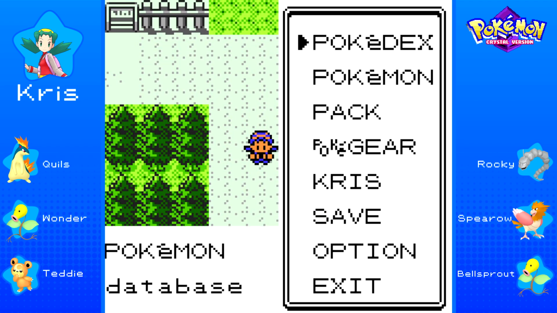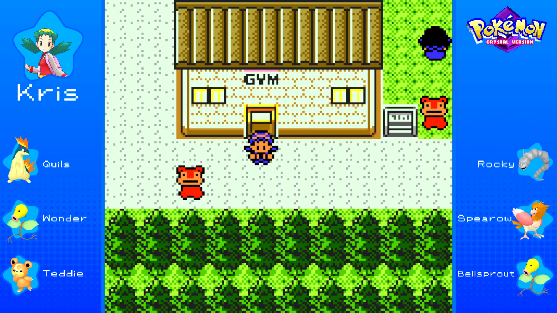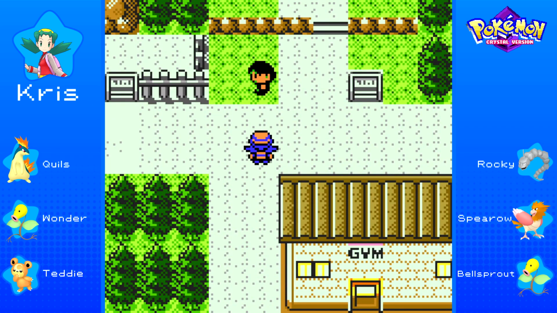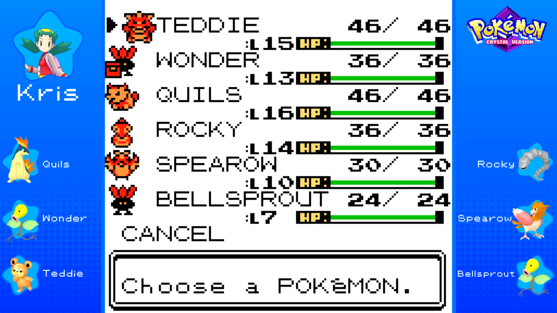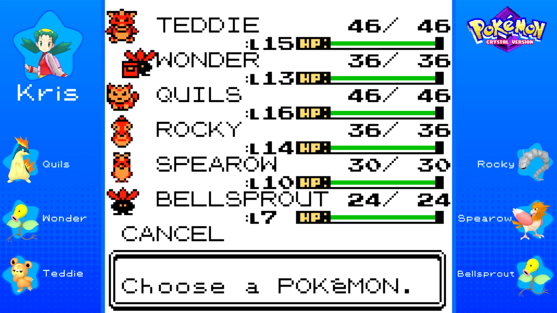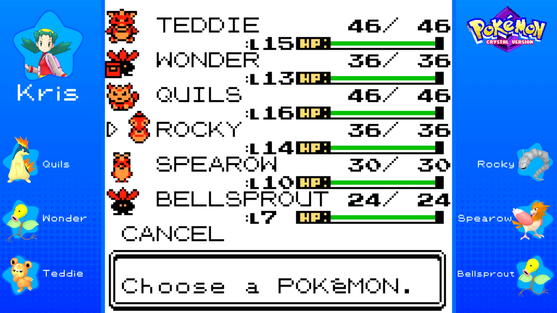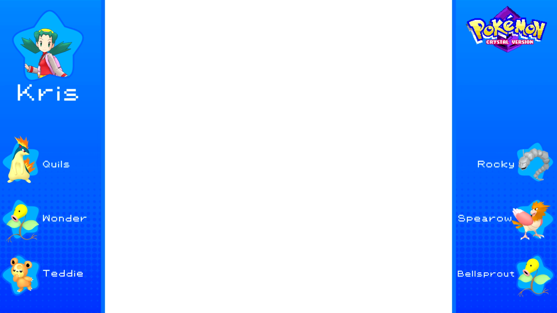Last time on Kris's journey, Bugsy gave us some trouble, to put it very mildly, but we eventually bested him and got the Hive Badge. We have 2 badges now, but more importantly, it allowed Rocky to finally start obeying us after all this time. So yeah, in this part,